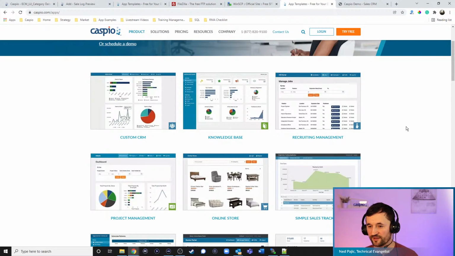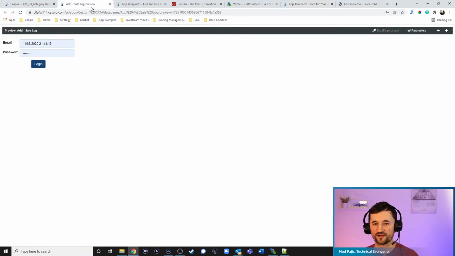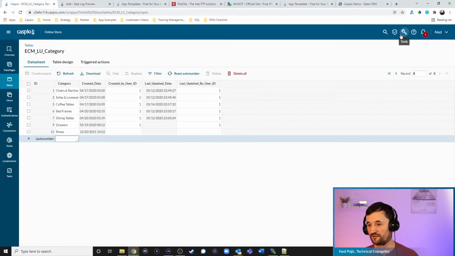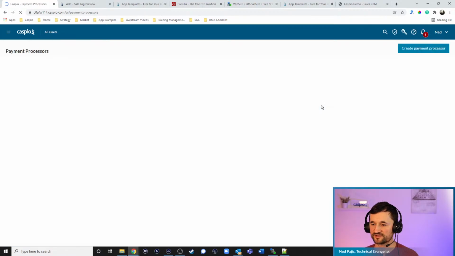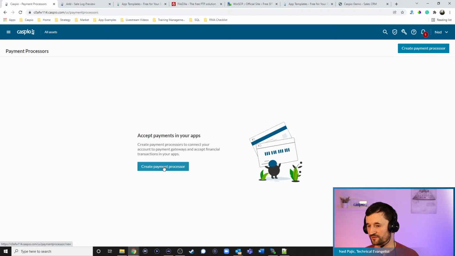Is there a payment gateway in the online store? So the payment gateway in the online store, when you request it, is not set up automatically. So you still have to, inside your account, let me come back here, go under tools and set up your payment processors, because you need to provide your credentials either with PayPal or Stripe in order to connect your own. Then inside the application you can include a payment gateway and connect to the application to monetize, right? So you have to go through this process because you have to provide your Stripe credentials and your PayPal credentials inside the wizard in order to connect that. And then when you do that in the application itself,